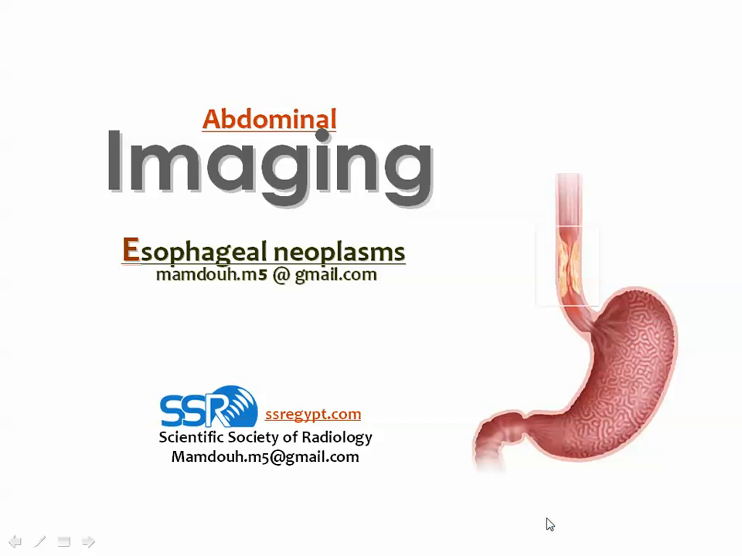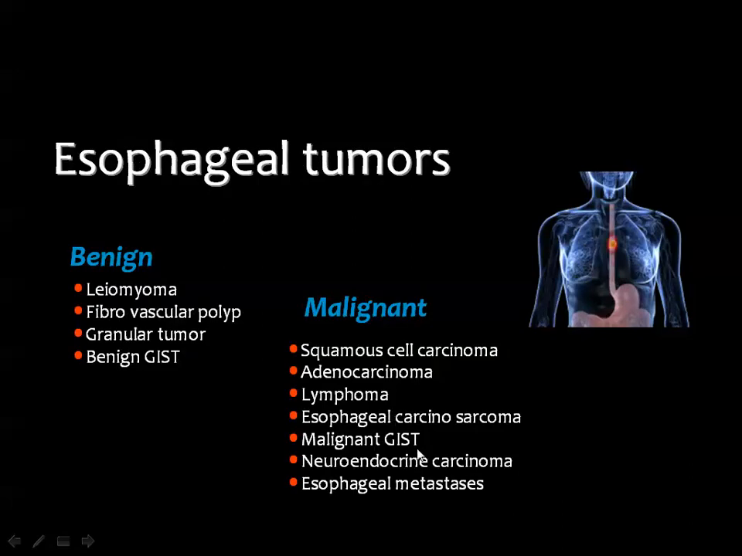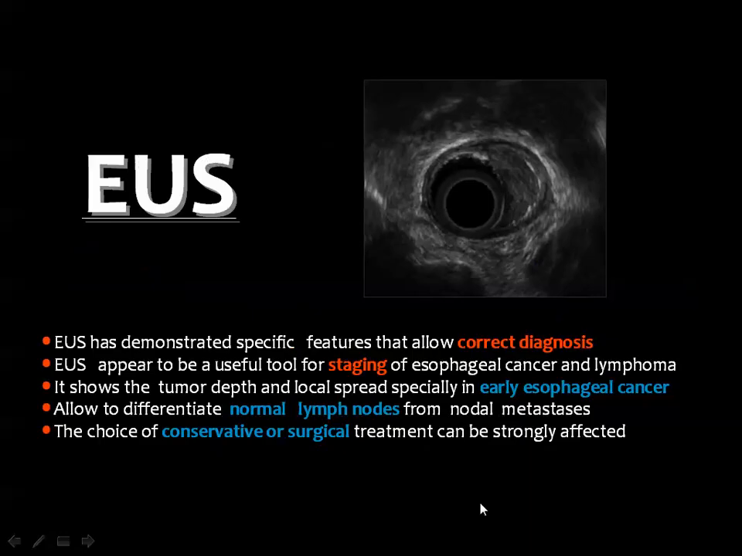And as you will know, we have different imaging modalities, including the barium studies, the endoscopic ultrasound, CT, MRI, and the PET scan. Esophageal tumors are either benign or malignant. The benign lesions include leiomyoma, vascular polyps, granular tumor, and the benign form of GIST, while the malignant lesions, by far the most common is the squamous cell carcinoma, then adenocarcinoma, lymphoma, the carcinosarcoma, malignant GIST, neuroendocrine tumors, and esophageal